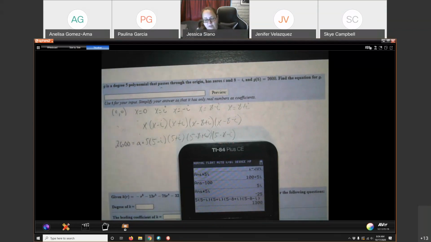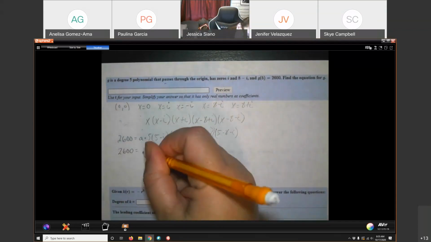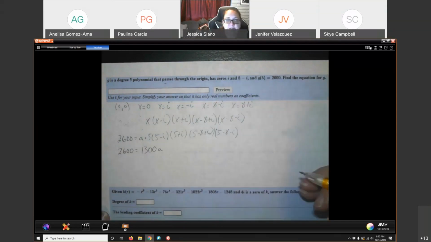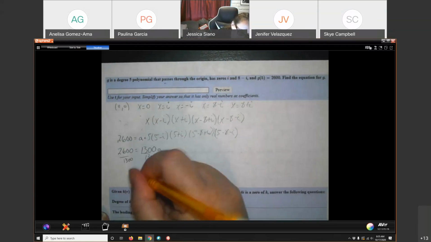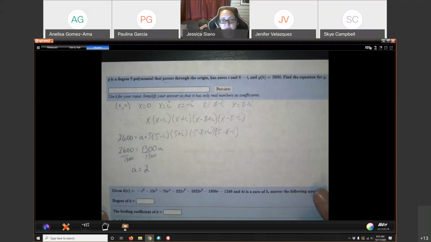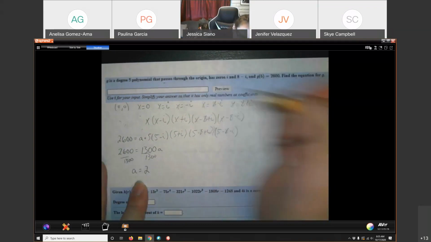1300. Okay, so when I plug in a 5, I get 1300. So 2600 equals 1300a. If we divide both sides by 1300, then a, which is my leading coefficient, is just 2. So then my final answer for this is G of t equals